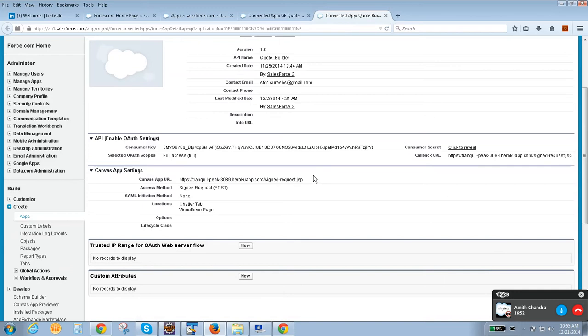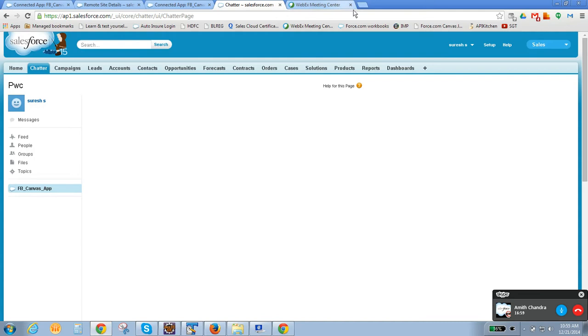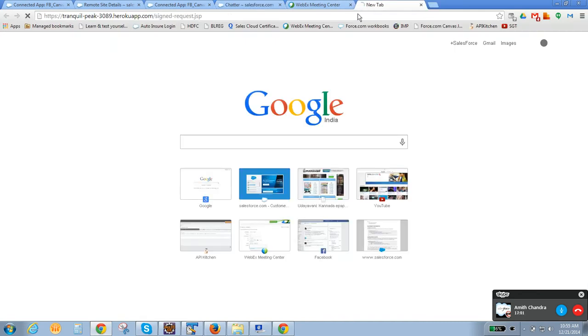Okay, so let's say this is the one page. It is my Heroku application, which will open some pages.